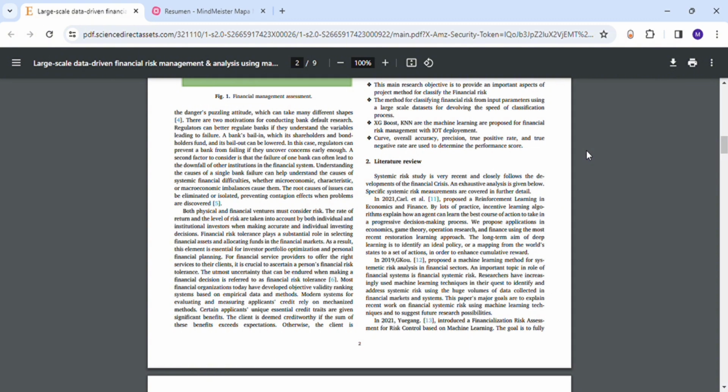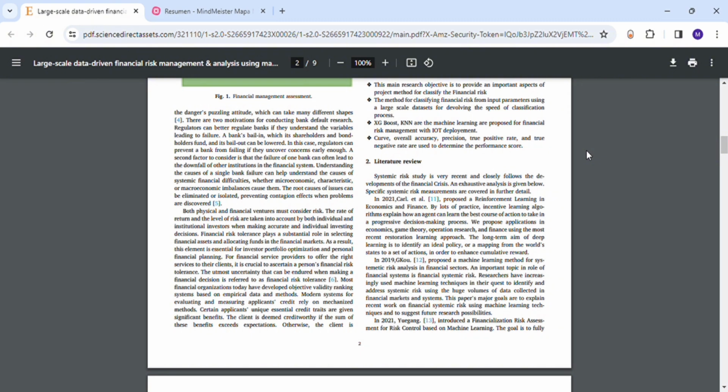In 2019, Hiko proposed a machine learning method for systemic risk analysis in financial sectors. An important topic in the role of the financial system is financial systemic risk. Researchers have increasingly used machine learning techniques in the quest to identify and address systemic risk using the huge volumes of data collected in financial markets and systems. This paper's goals are to explain recent work on financial systemic risk using machine learning techniques and to suggest